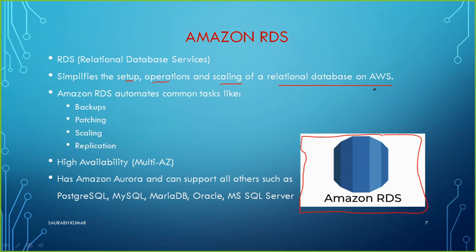Why am I telling it like that? Because for example, if you want to have a database server, generally what you will do, maybe you will have a computer on premises. I'm talking about maybe you have a computer at your office. There you need to install the operating system first. On top of the operating system you need to install an application or a product which can help you run the database. For example, MySQL, MS SQL, Oracle, MongoDB, any one of them you have to install. So that is the database software, DB, you have to install there.